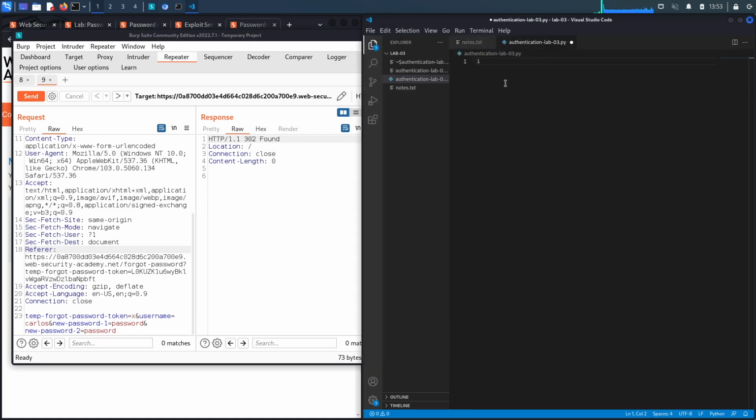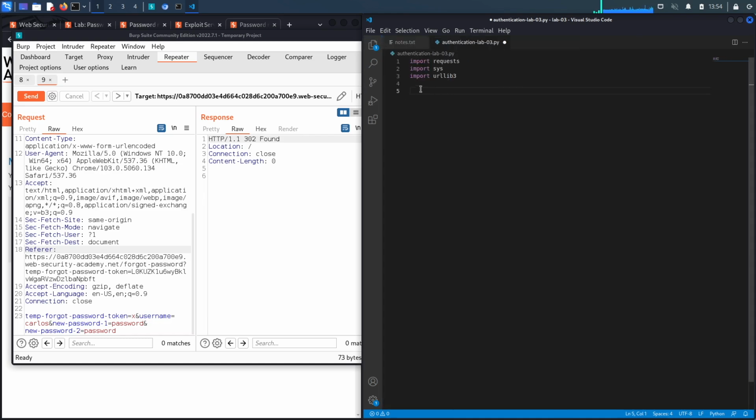As usual, the first thing that we're going to do is import all the libraries that we want. So the requests library, the sys library, and the urllib3 library. And let's remove that so that it's bigger. Next, we're going to disable insecure request warnings. So disable warnings, urllib3.exceptions.InsecureRequestWarning,